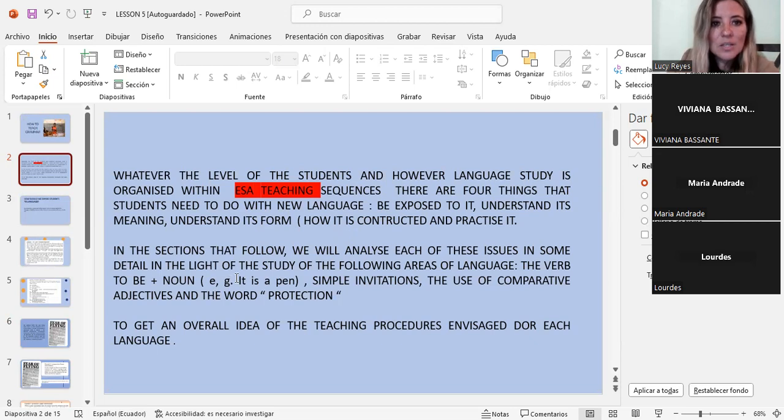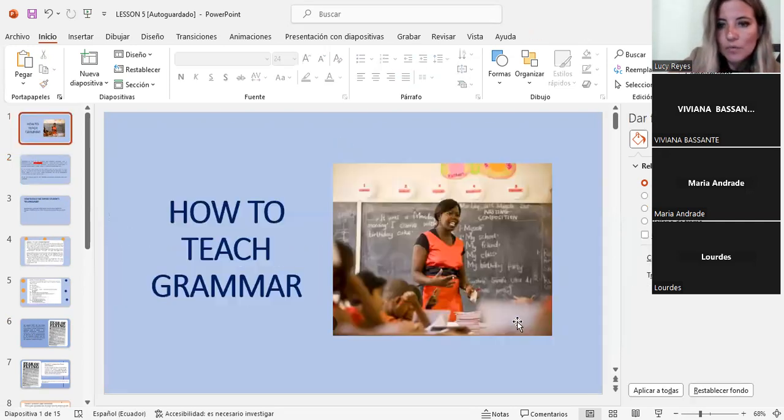In the sections that follow, we will analyze each of these issues in some detail in the light of the study of the following areas of language: the verb to be plus noun, simple invitation, the use of comparative adjectives, and the word protection, for example. To get an overall idea of the teaching procedure, emphasize for each language,